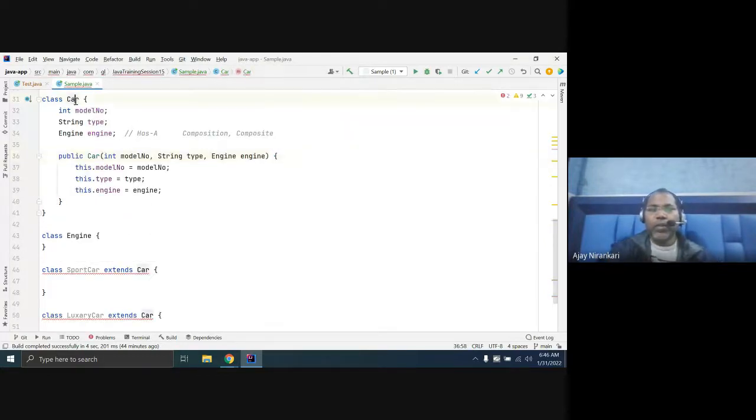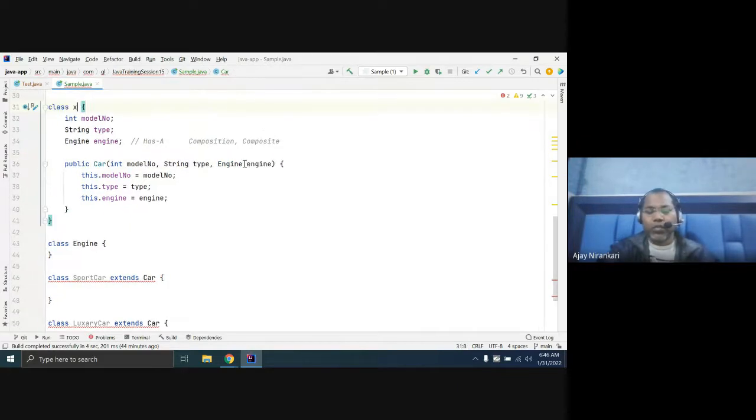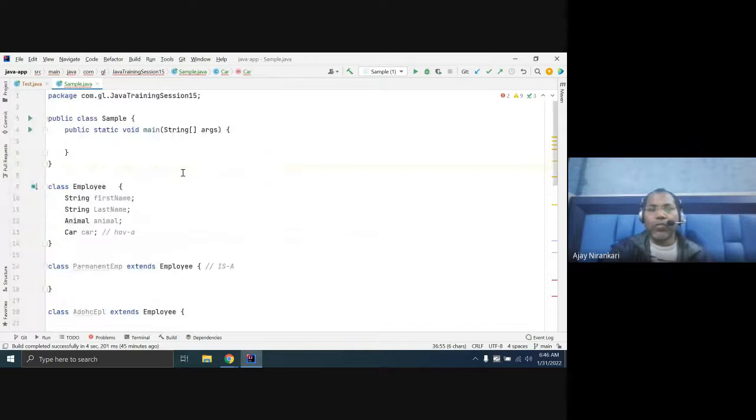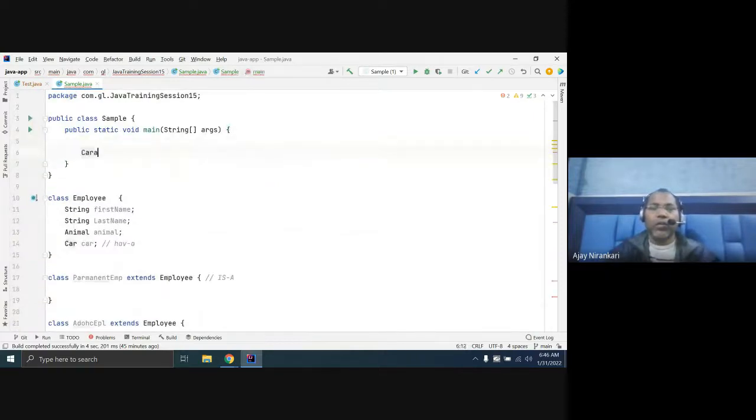If you want to build this car class, the car class designer says if someone wants any car, send me the model number, type, and engine. Which engine are you building with? So if you are trying to build your car class here,